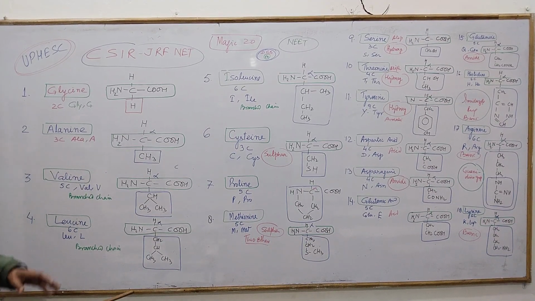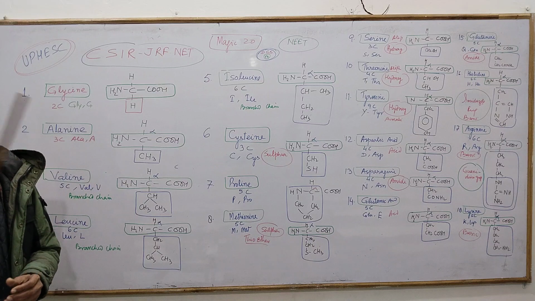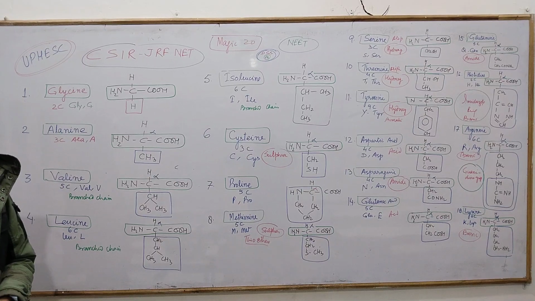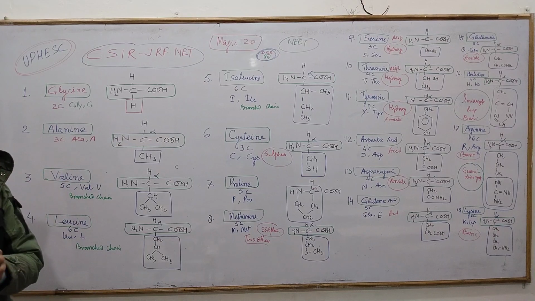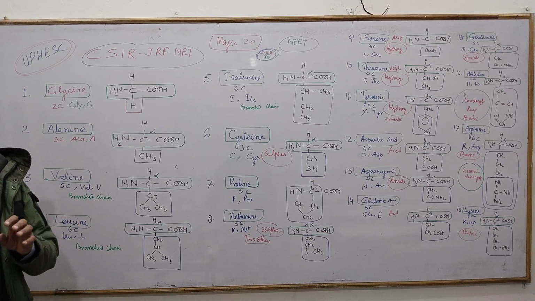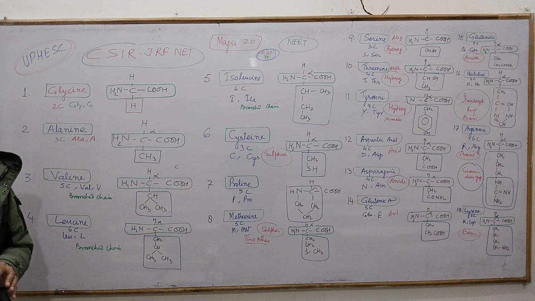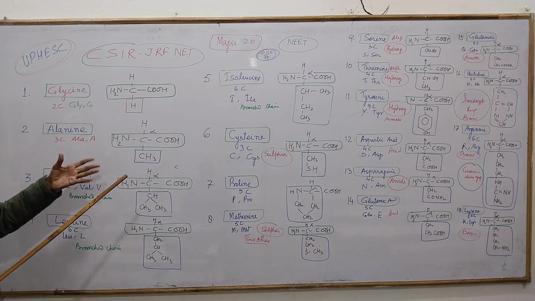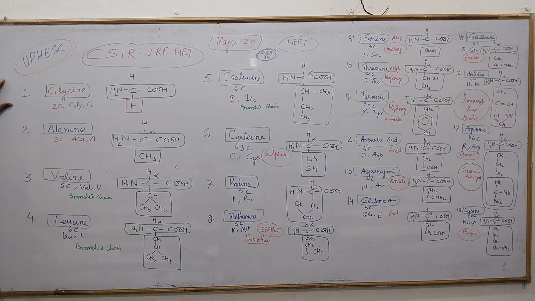Now let us start the final very important topic for you: to learn the structure of the various 20 amino acids. Generally, a particular amino acid is mentioned in your examination paper and you are asked which of the following is basic, or which of the following is acidic, and so on. So in order to clarify such problems, I have drawn the structure of all 20 amino acids, to tell you in what way you can learn them and how the question can be raised in the exam. Now let us start one by one.